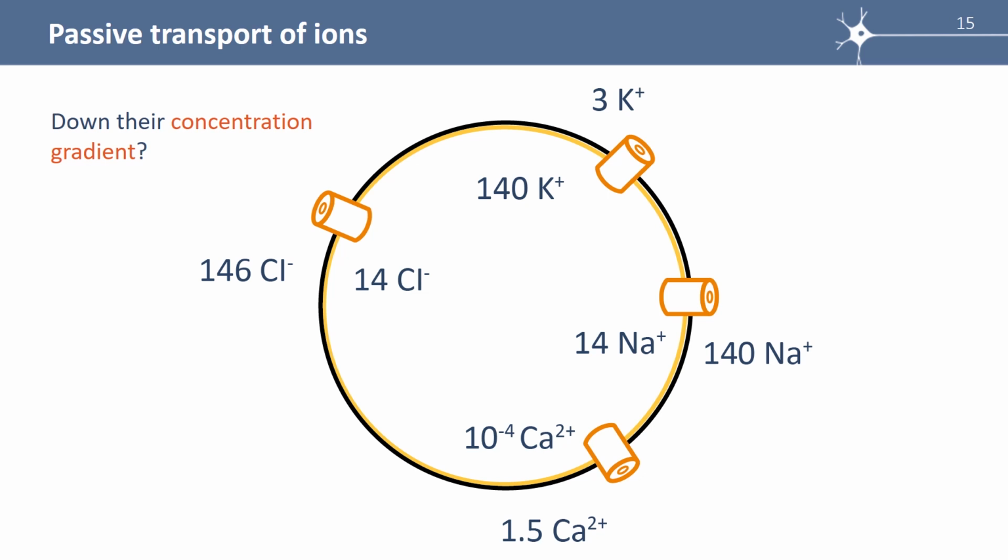Because molecules always move from the compartment where they are in a higher concentration to the compartment where they are in a lower concentration. For instance, potassium ions will move from the intracellular compartment to the extracellular one due to their concentration gradient. They will exit the membrane. And sodium ions will move in the opposite direction because they have an opposite concentration gradient. They will move from the external compartment to the internal one due to their concentration gradient.